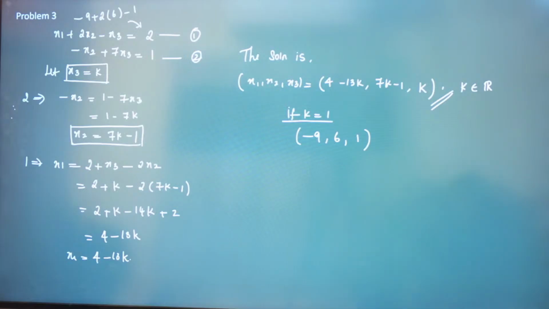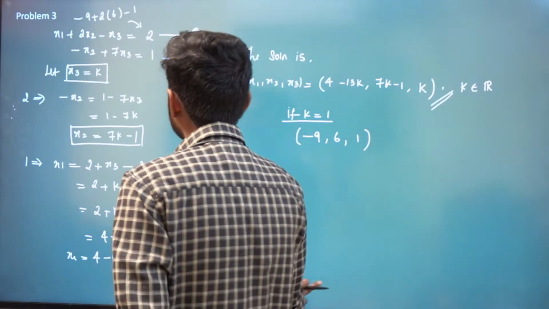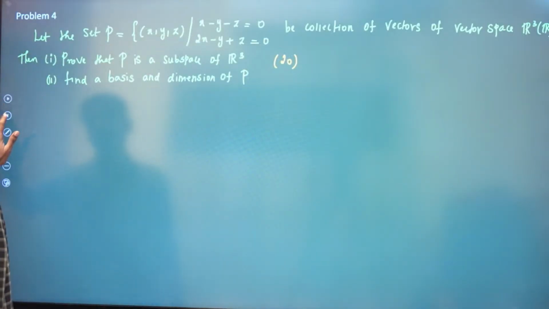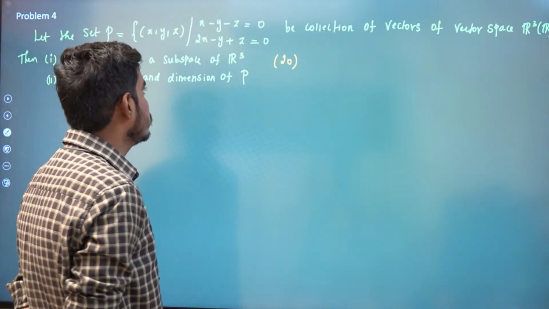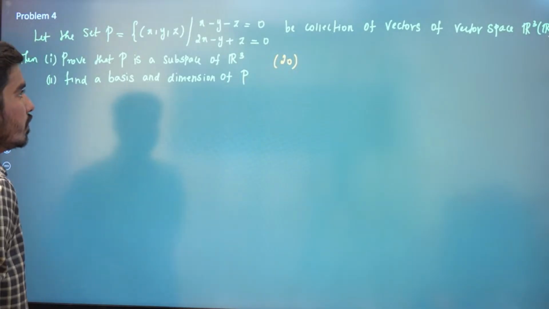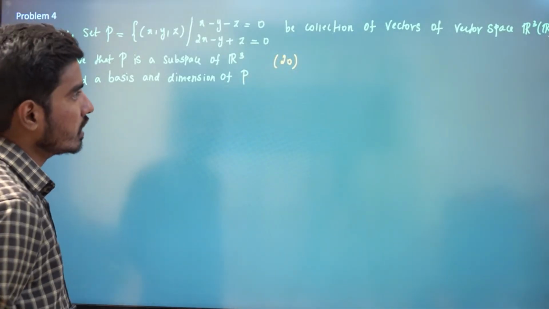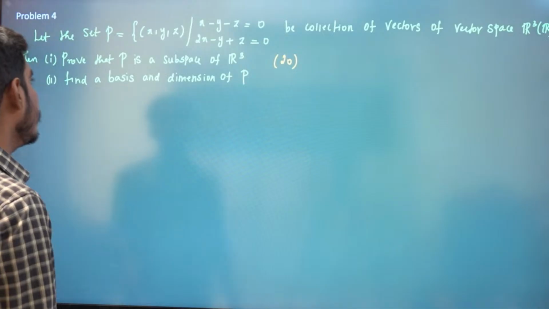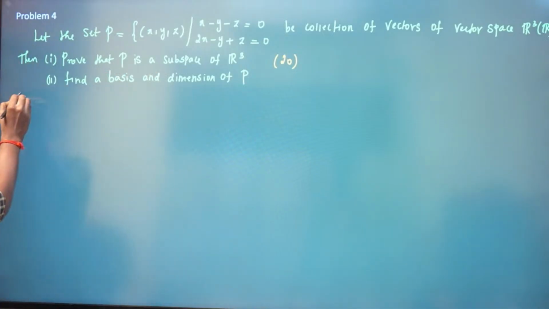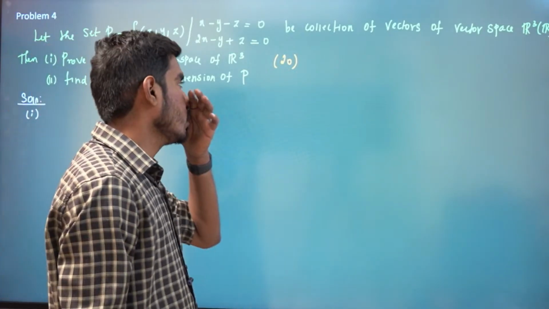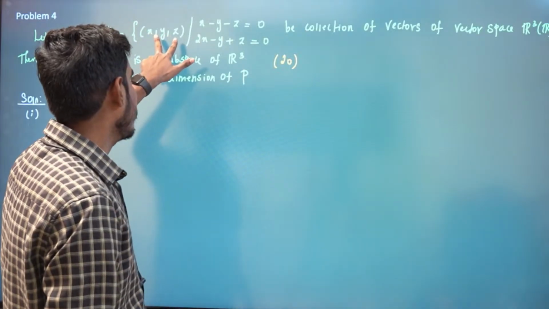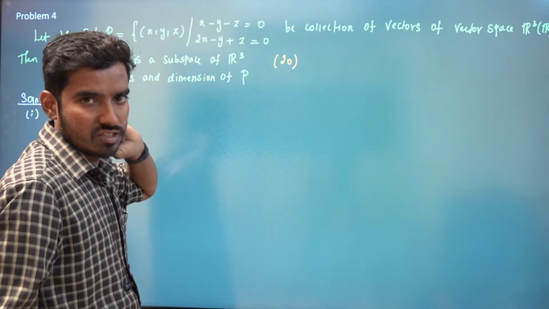Okay, so we'll move on to the fourth problem now. Let the set P be the set of x, y, z with x minus y minus z equal to 0 and 2x minus y plus z equal to 0, a collection of vectors of the vector space R3 over R. Prove that P is a subspace of R3, and then we need to find the basis and dimension of P, right? Okay. You can see this x, y, z is a solution of this homogeneous system of linear